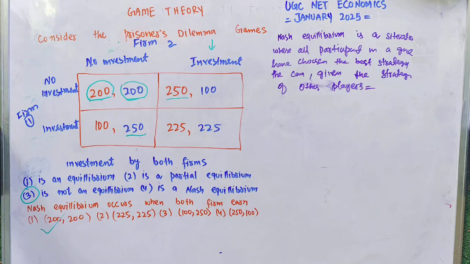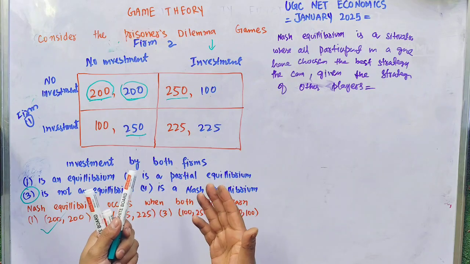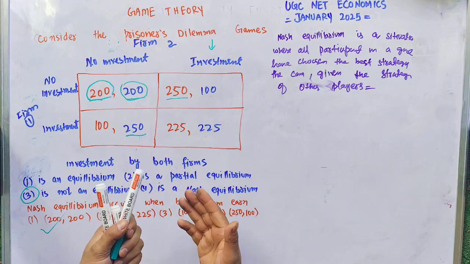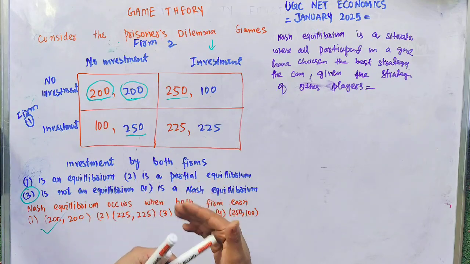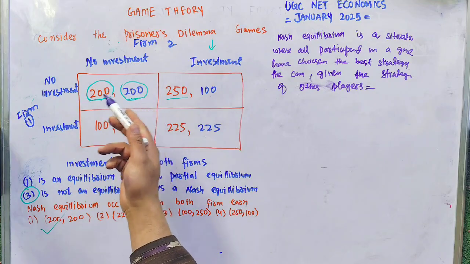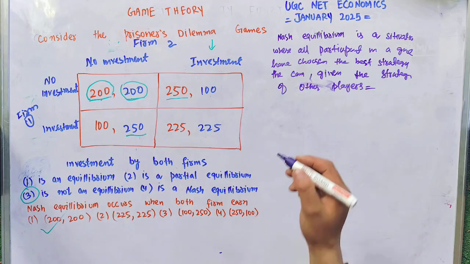Since more information is not given in the question itself, I am not able to comprehend the other two questions here, but I will go for another thing that I want to make clear here. Obviously, when both firms choose no investment, they are at Nash equilibrium. But